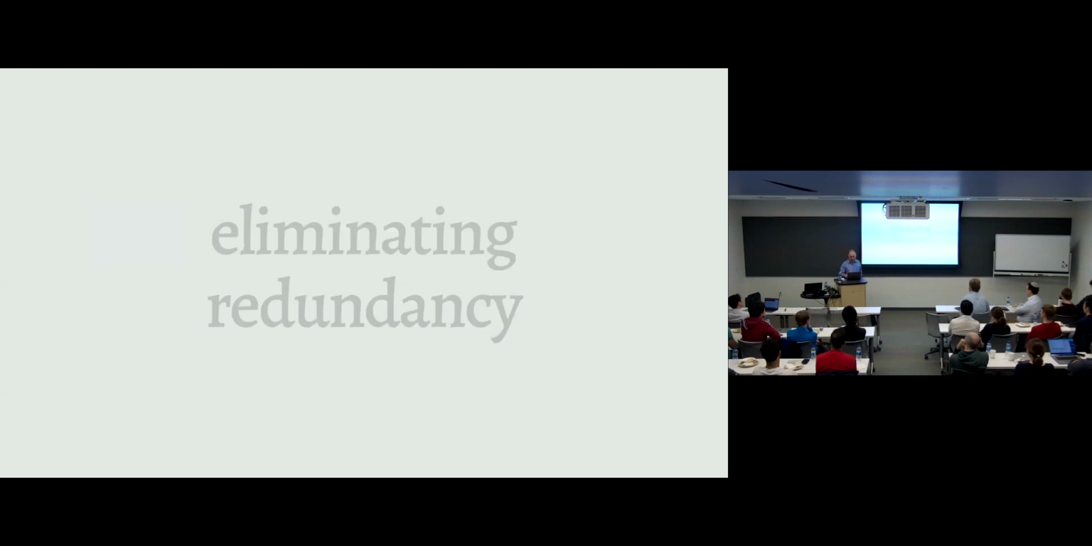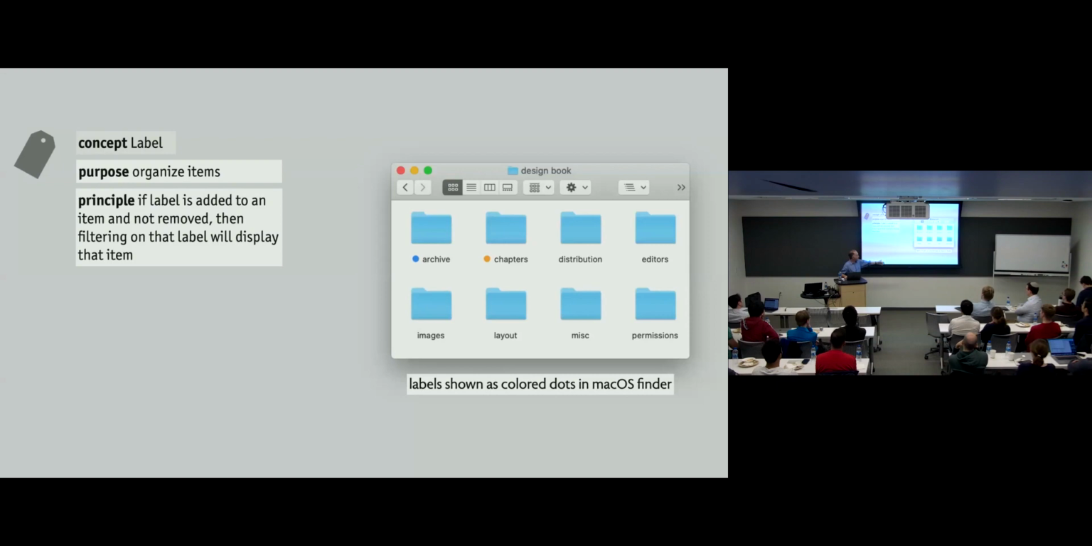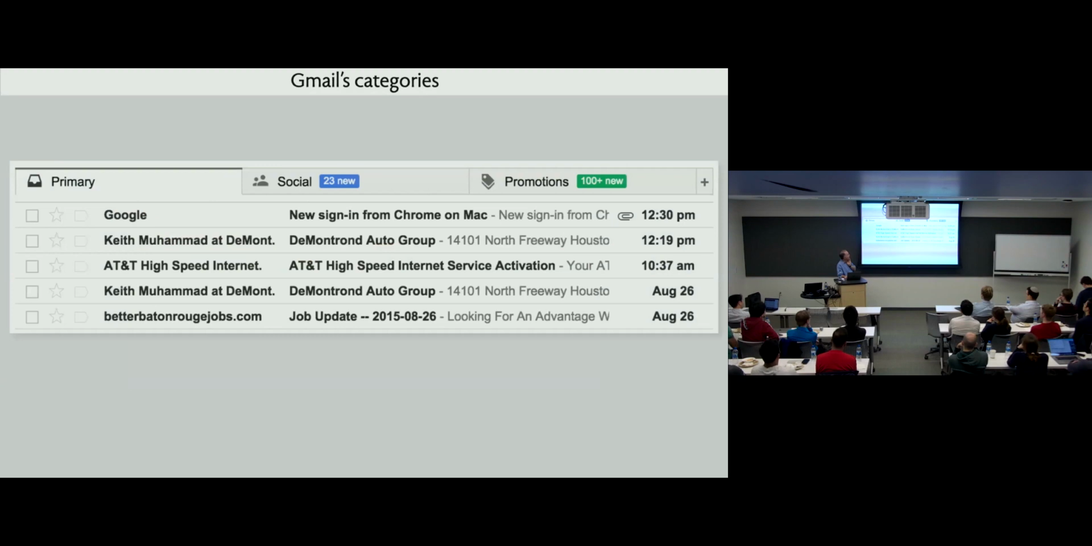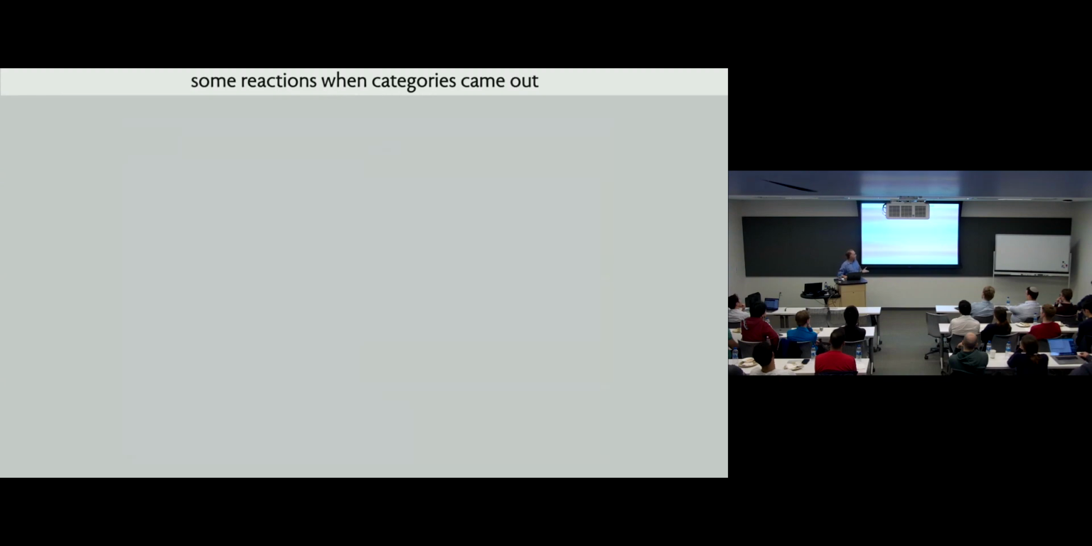The second thing you can do is eliminate redundancy. As I mentioned, there's this label concept. Here are labels in macOS, and here are labels in Gmail. Gmail introduced this notion of categories as a way of organizing your incoming messages into ones that were seen as coming from social media and sales pitches and so on. And these category tabs have various controls and so on. When categories came out,